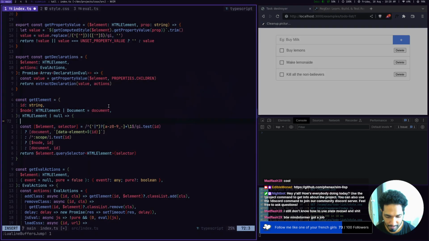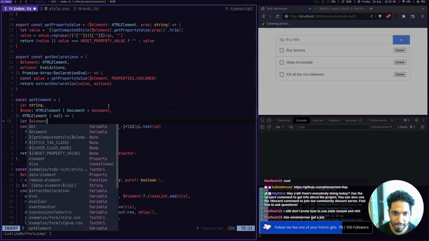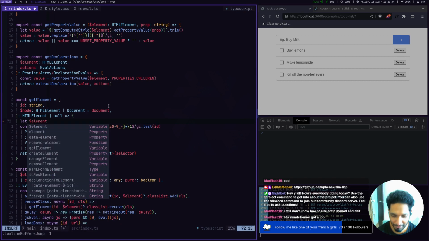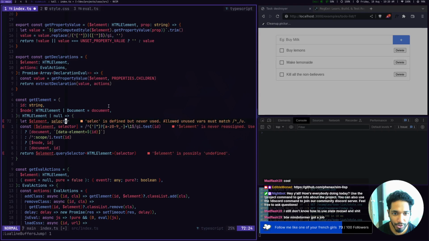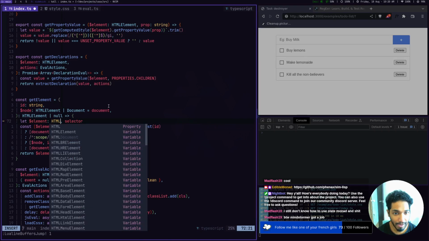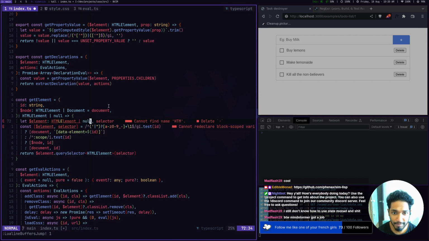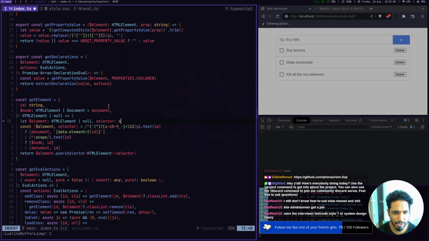All right, this thing can be element. I'm just gonna go with if statements because this will get annoying really fast. Selector, HTML element or null. This would be string. Yeah. If that guy,